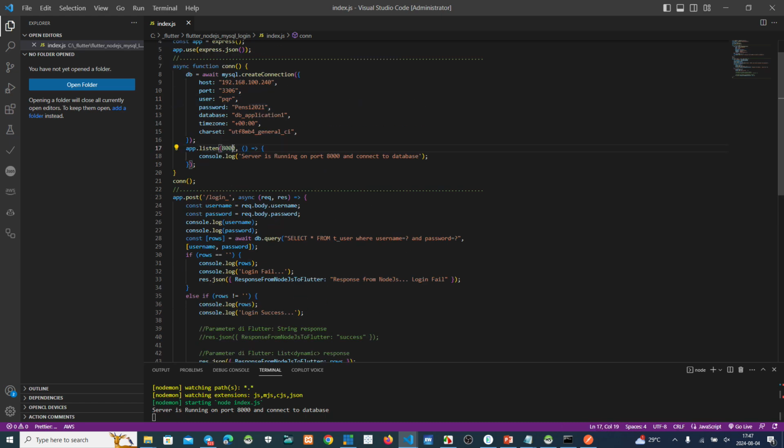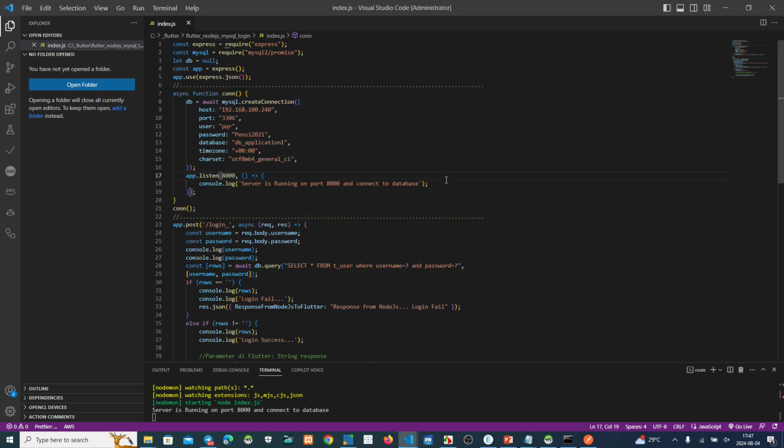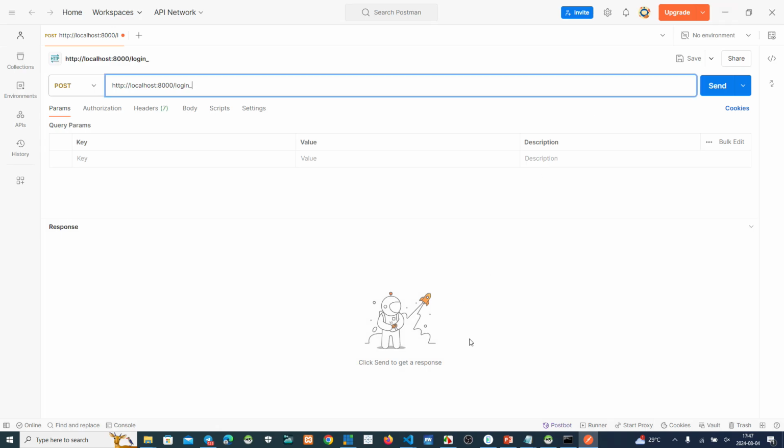We use this 8000, and then we use the path login underscore. So we use this one, login underscore with localhost, or we can use my IP address, which I think is the same as the localhost here.